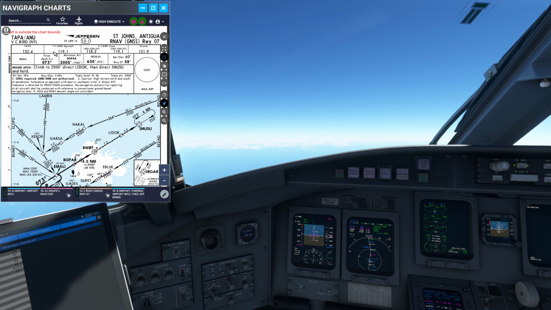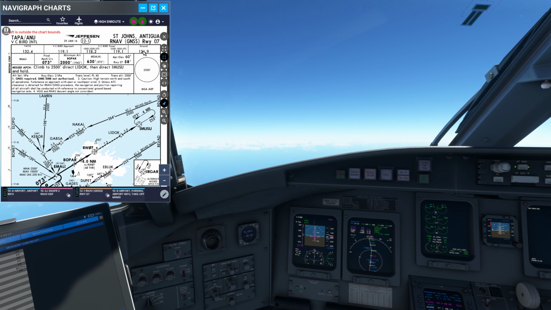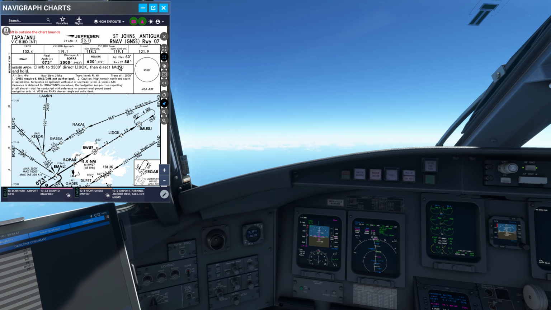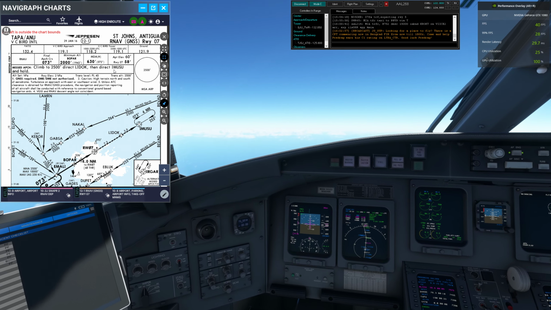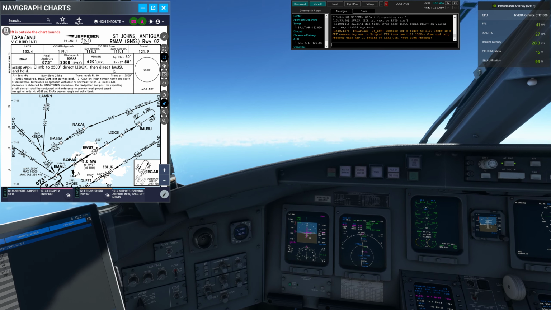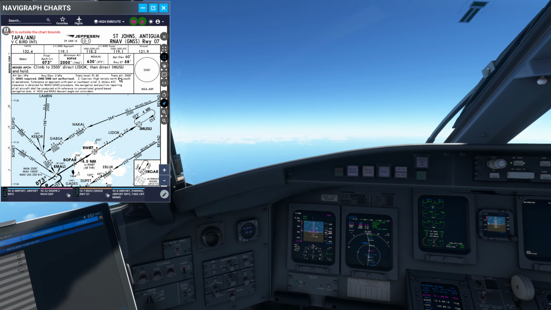So this goes in sequence: approach, tower, ground, right? There's no ATC as far as I'm aware. SJU tower, that's not us. So,